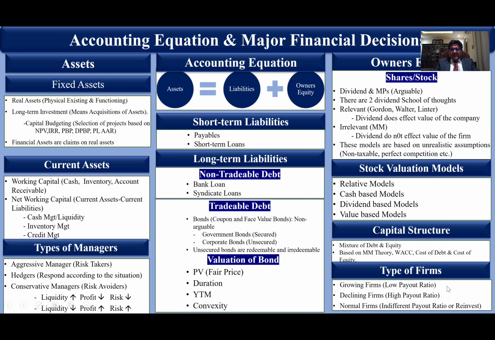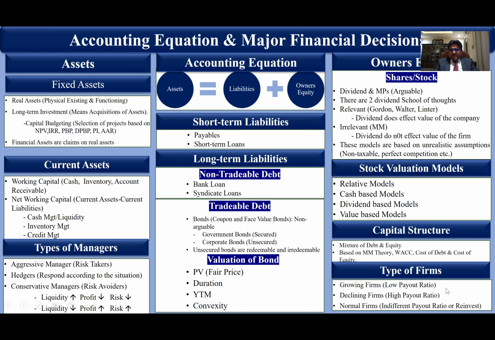and retained earning is also used to meet the obligation of working capital. If they have an excessive amount, then that can also support long-term investment. After meeting the requirement of working capital, the remaining amount, the finance manager or chief financial officer can decide how much of the retained earning can be used to support long-term investment. So if the firm is growing, the payout ratio will be low. If it's a declining firm,